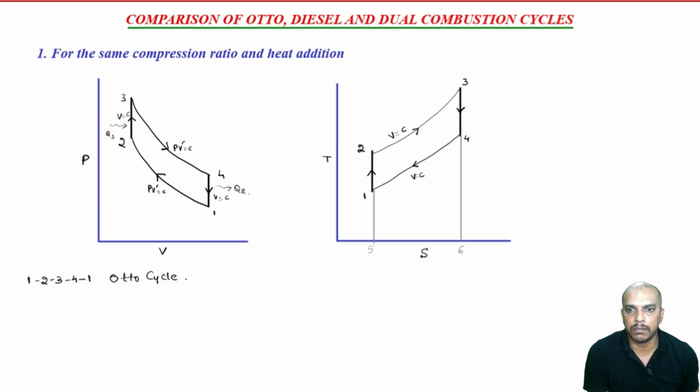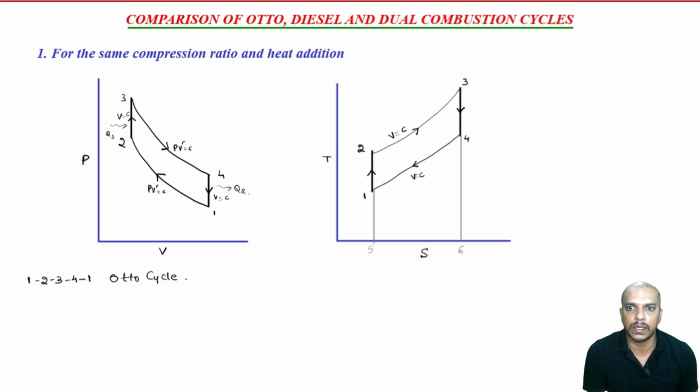The moment I say same compression ratio, we know that compression ratio is given by V1 by V2, all right. Compression ratio is this total volume divided by this clearance volume. So, in order to keep the same compression ratio, we know that this has to be same. So, we must draw one more on the same plot, that is we will go for dual combustion cycle, then we will go for diesel cycle. So, dual combustion is what? So, part of it